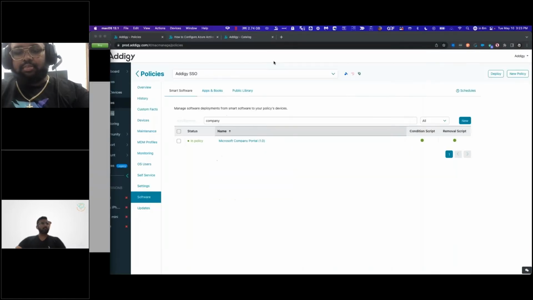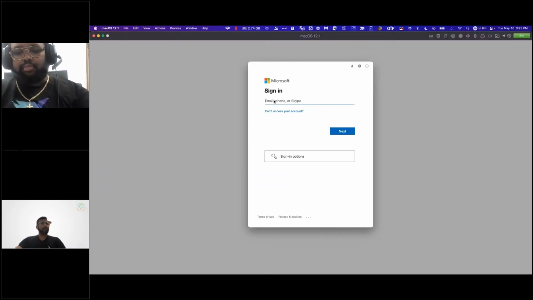So I have this environment that has Adigy identity already deployed. This is what the user experience would look like for them signing in to Adigy Identity. In this case, I'm just gonna log in.